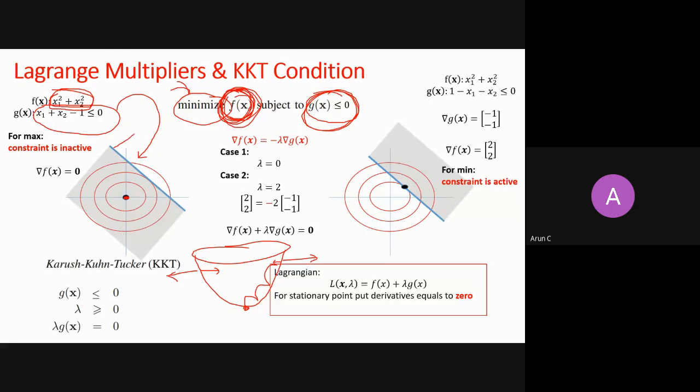So this is a line which is x1 plus x2 equals 1. Below this line, x1 plus x2 is less than 1. So this is my feasible region shown in gray, right? If I want to minimize my function, the optimal point is in the feasible region. The gradient of gx will be outside, but the feasible region is opposite of the gradient of gx. So this is the opposite of the gradient of gx, right?